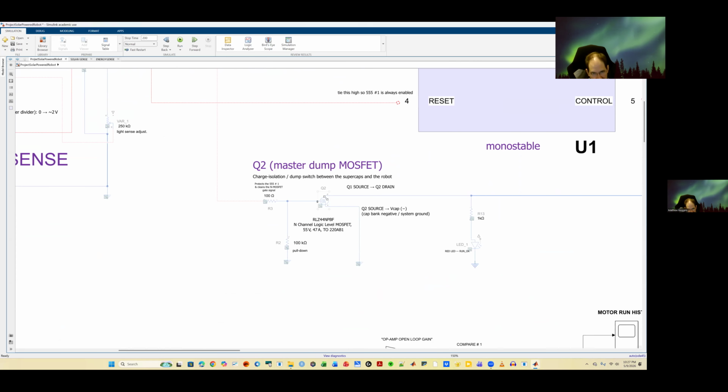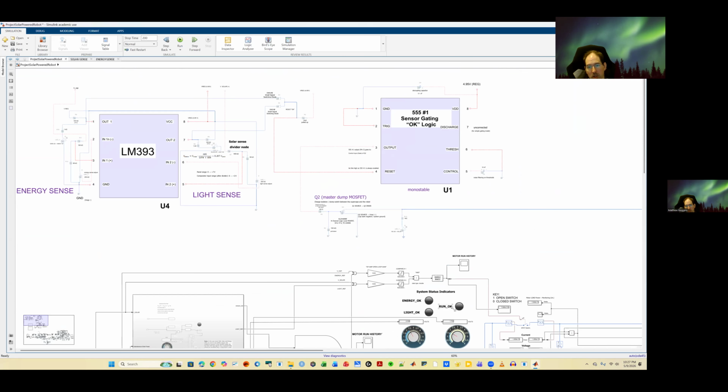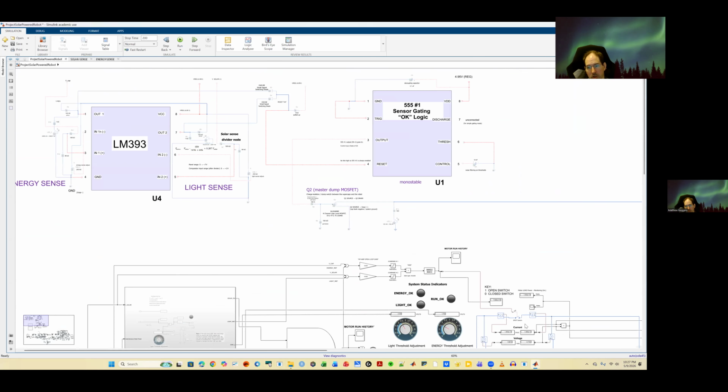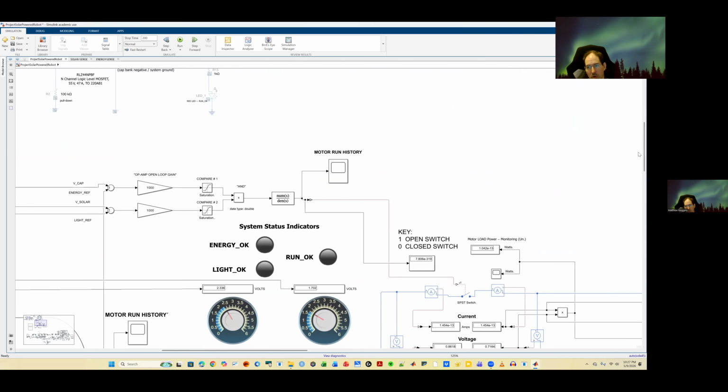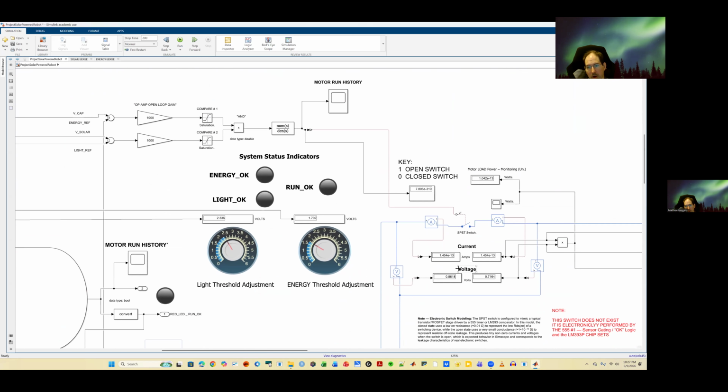This basically works as an electronic switch, which is occurring over here. This is the pseudo version of the electronic switch, and I monitored, as you can see, that when it's switched, these numbers will equal each other. And when the switch is not engaged, this value here turns to 0. So the motors are actually no longer